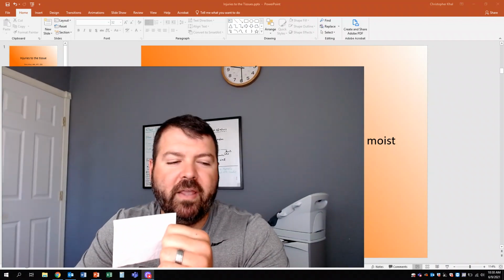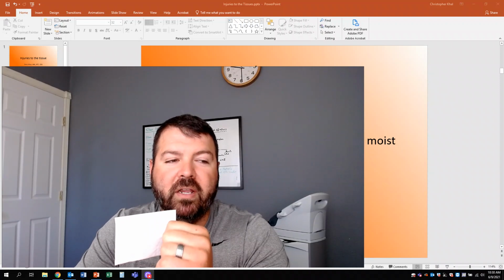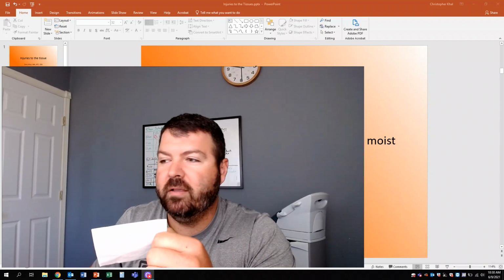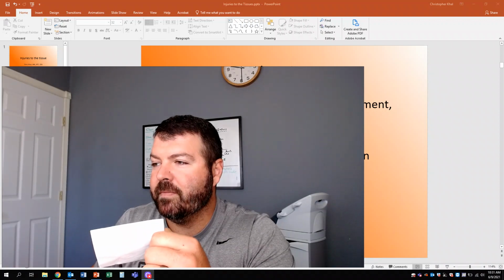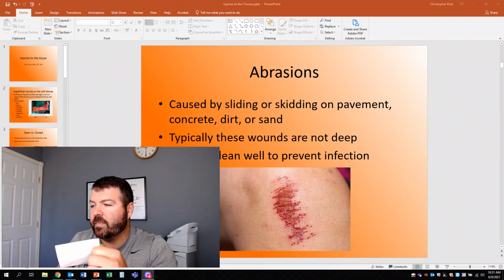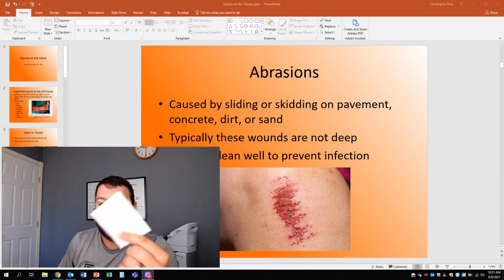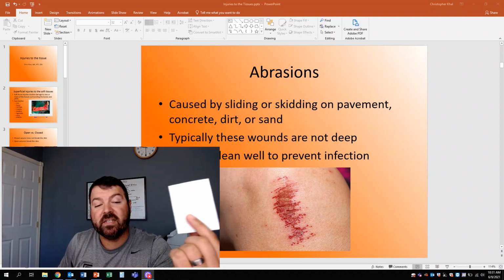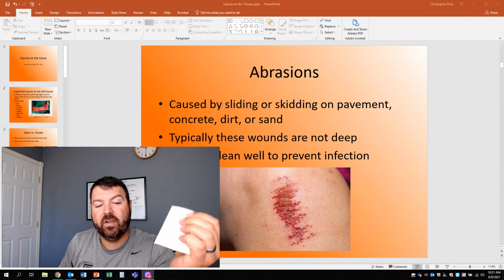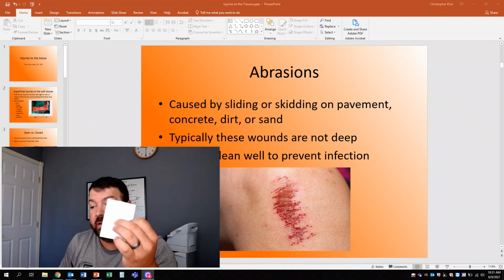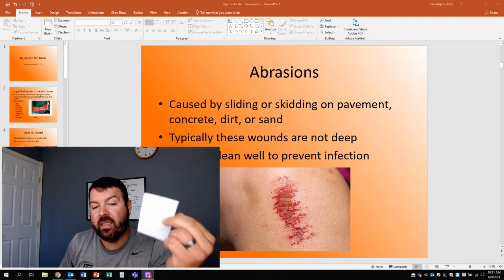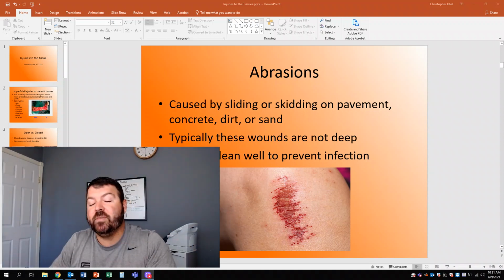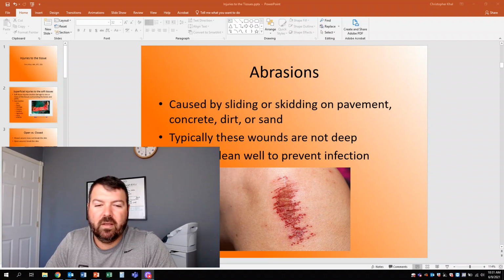So if I have a little cut or even that abrasion, as I had in the picture before, let's say in the picture here, I would probably want to use this. It's not going to stick to it. I can put the triple antibiotic directly on the non-adherent pad and put it directly over the cut. That way, it keeps that cut moist, which is what you want.